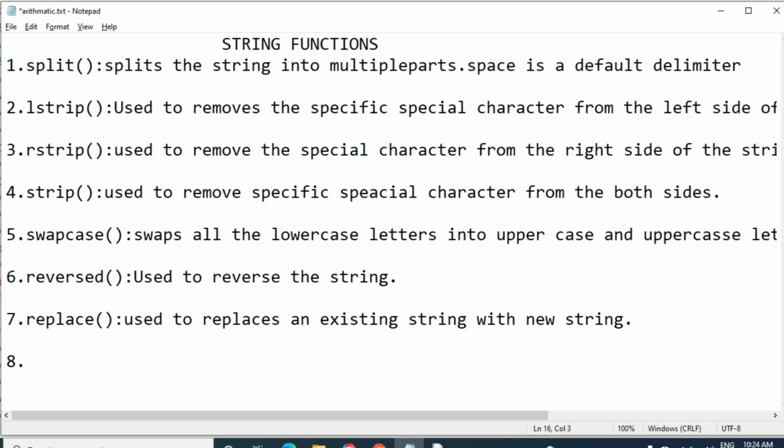Then the next one is sorted of. This is used to sort the given string.